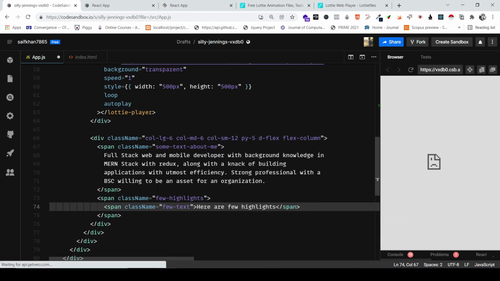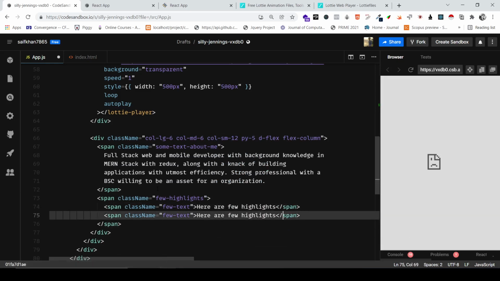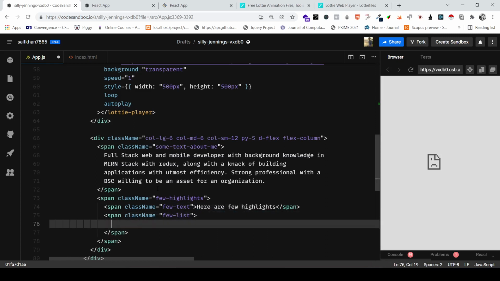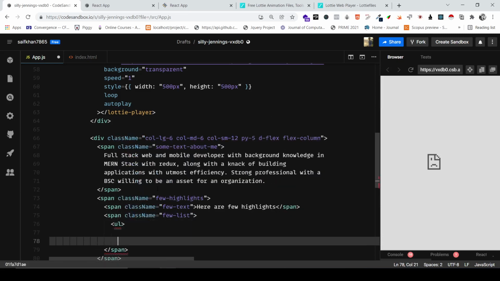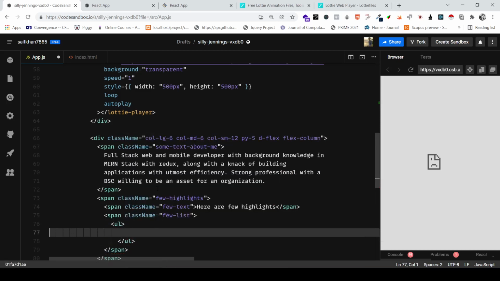That means you're supposed to add a few of your career highlights. Suppose if you have built something incredible, then you should definitely write over there. Okay, I'm gonna write view list. Cool. And this will basically be a ul, which is an unordered list, and it will have li elements,